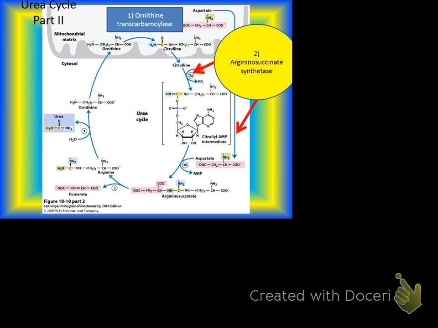And this third enzyme has a special name, but what it does is it essentially cleaves argininosuccinate into two molecules. One of them is arginine. So arginine is not only important for making proteins, but it's also important for the urea cycle, for nitrogen elimination. And it kicks off our good friend fumarate. Where can fumarate go? Where have we seen it? Citric acid cycle. So this is actually a way that it can be used to make more energy. It can go on in and join the citric acid cycle.